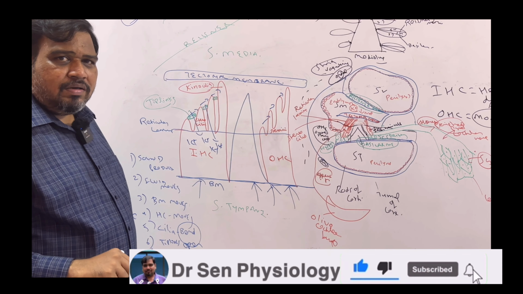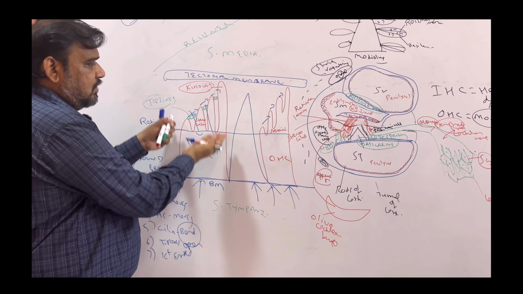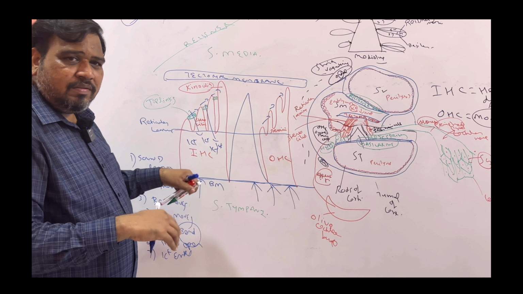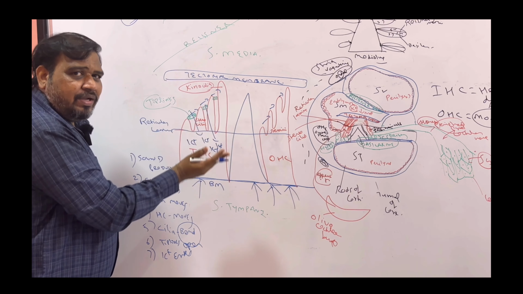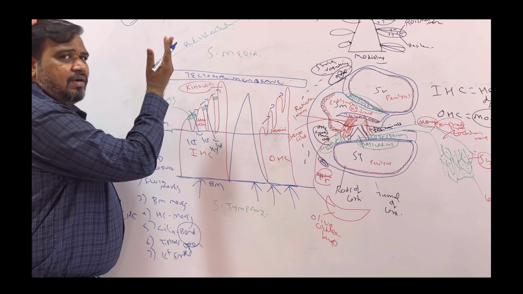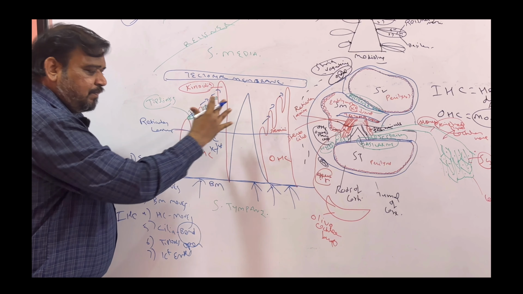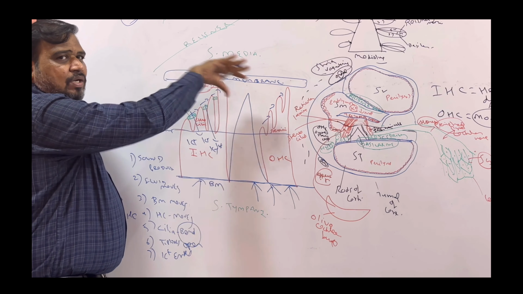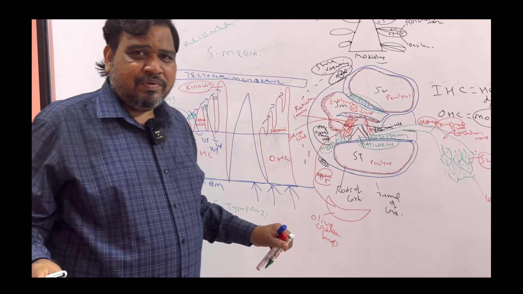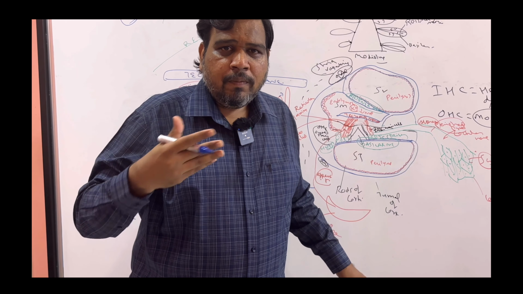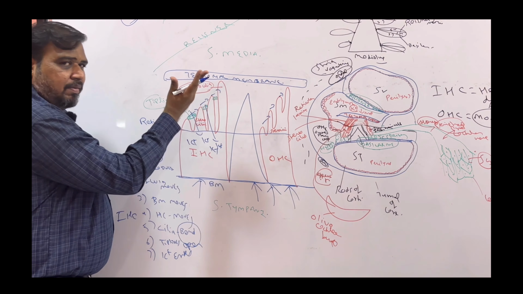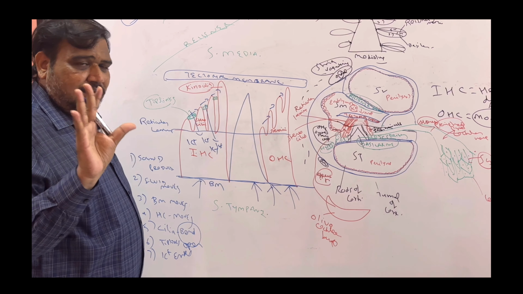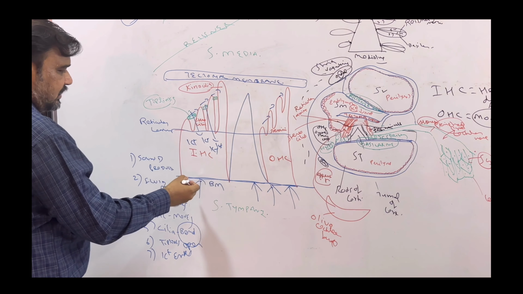Why do these channels open? Because of the bending of the cilia, or movement of the cilia. Why is there a movement of cilia? Hair cells are moving. Why are hair cells moving? The basilar membrane is moving. Why is the basilar membrane moving? Fluid is coming and touching the basilar membrane. Why is fluid coming and touching? The sound is moving the fluid. Very simple. So I make sound, the basilar membrane moves up and this entire movement occurs. Worth mentioning, and because of this potassium